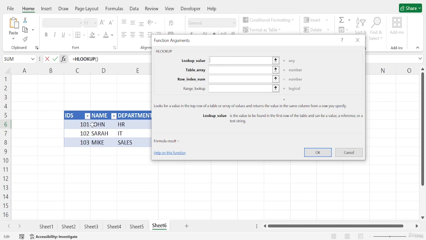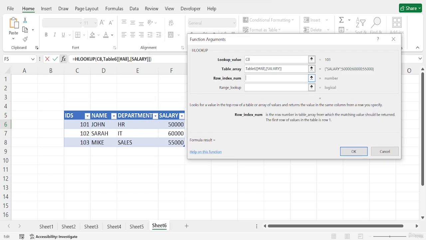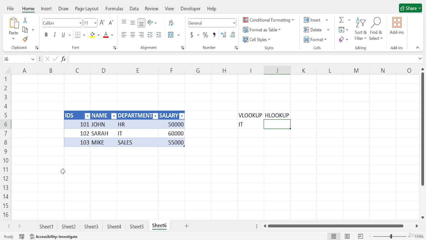As you can see, this is the value to be found in the first row of the table. Lookup value 103, and after that I will add the table array. For HLOOKUP I want to show you a simple different data set, because this is not the desired data set.